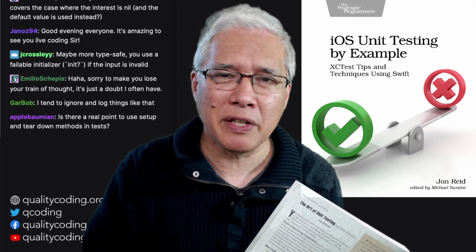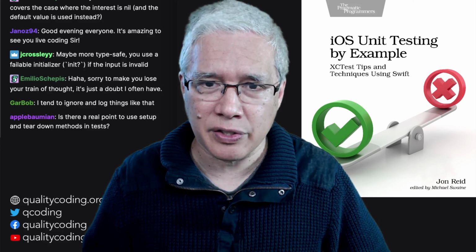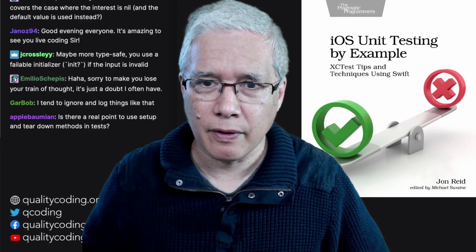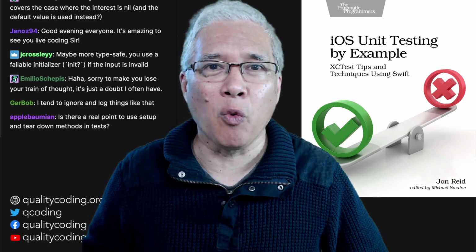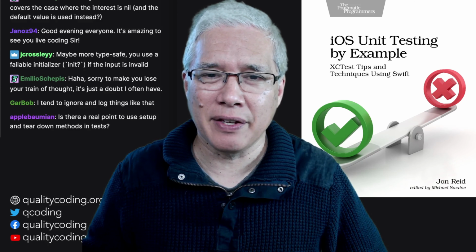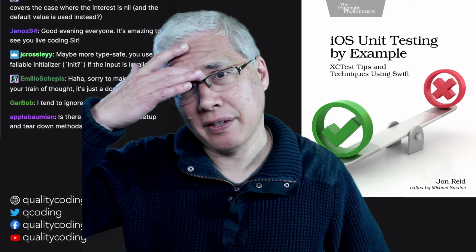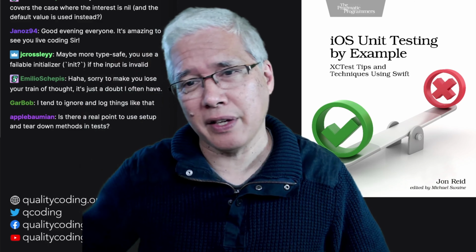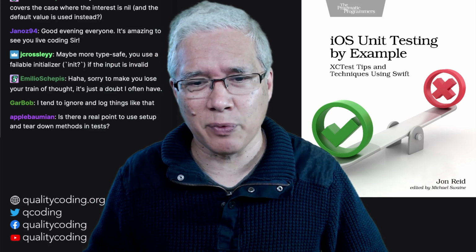I actually prefer to use setup and teardown myself when there's something that I want to use across tests. But in this case, the test is of the initializer. So I can't make a weighted entry. But maybe I can make... I don't want to get too complicated, and yet this does seem really wordy.